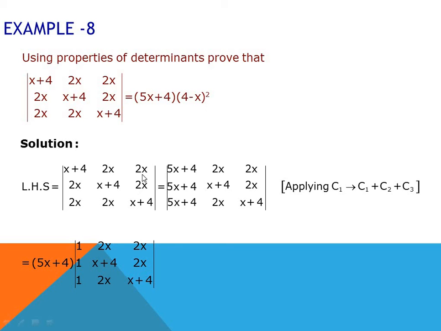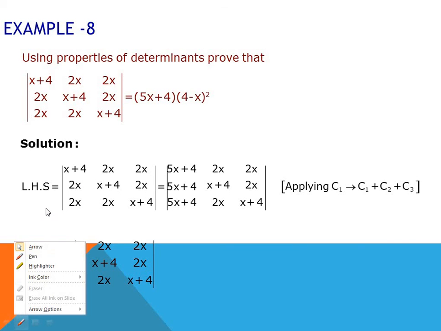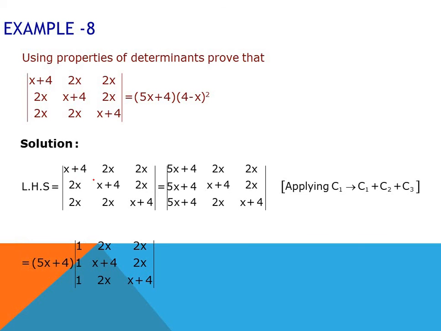Now to solve this given determinant, if you observe, across this diagonal the values are symmetric. That is 2x with 2x, this 2x is symmetric with 2x, and this 2x with 2x. So whenever you come across such a pattern, in which across the diagonal elements the values are symmetric, then you can easily apply either C1 as C1 plus C2 plus C3 or R1 as R1 plus R2 plus R3. So add all the rows or add all the columns.